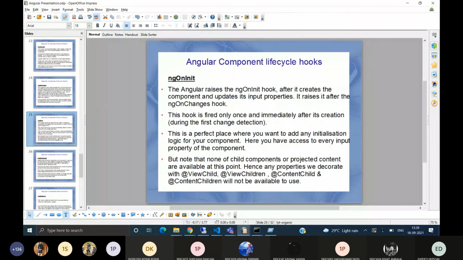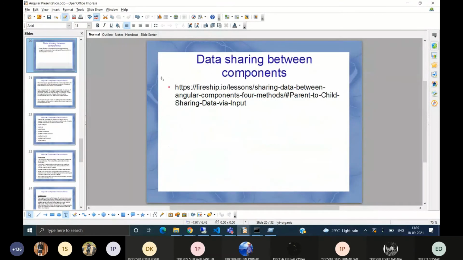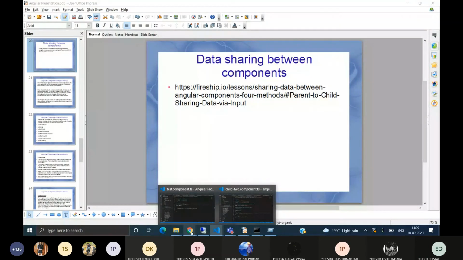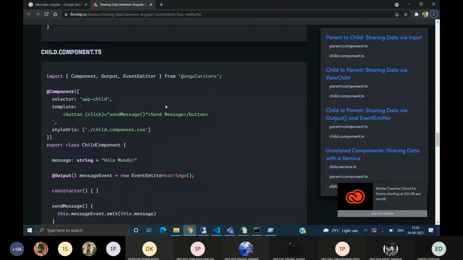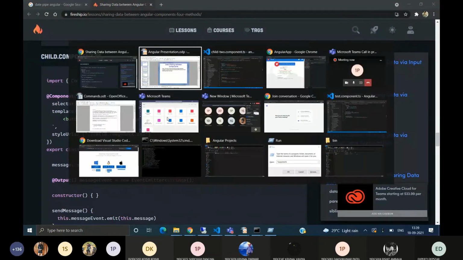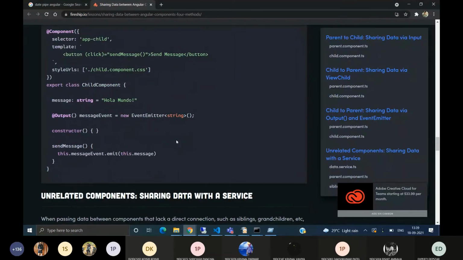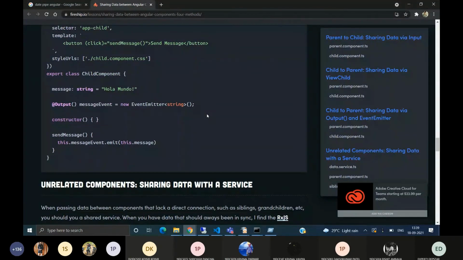So as we have learned these lifecycle hooks, now we can continue with our data sharing module. Now it will be easier to understand. Before the break, we passed data via the second method, child to parent, sharing data via ViewChild.